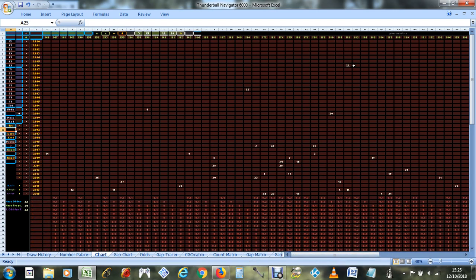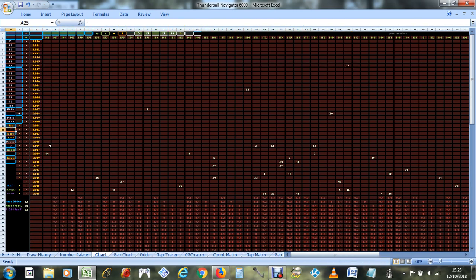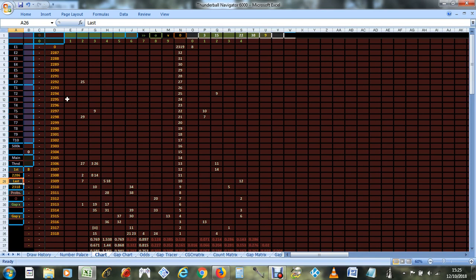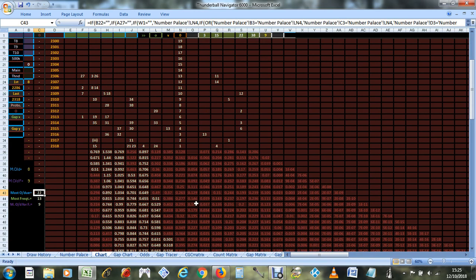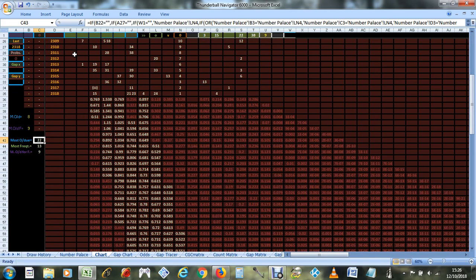So for example, 22 hasn't been out since draw 2286, so if we only go back as far as draw 2286, then we get this. Now this is kind of a self-defining chart where the number of draws is defined by the number that's most overdue on the chart, which is 22. That for some reason doesn't appear on this chart. But anyway,